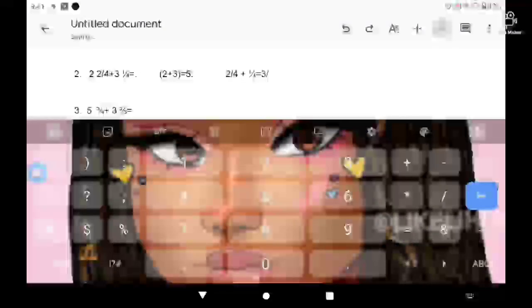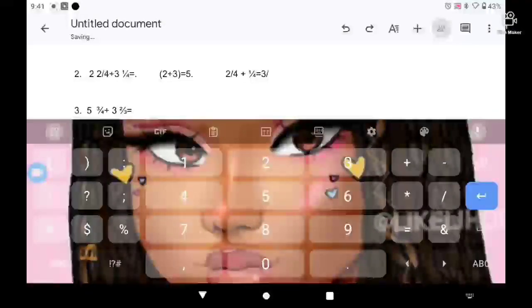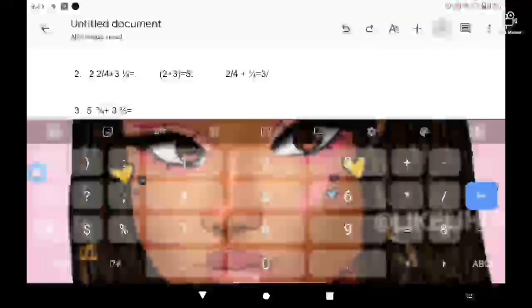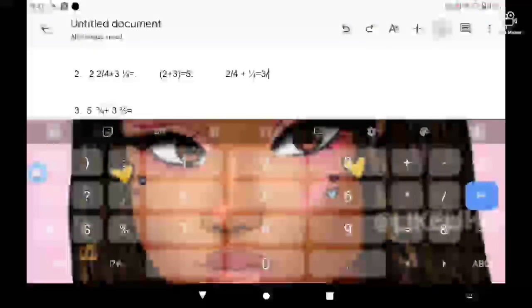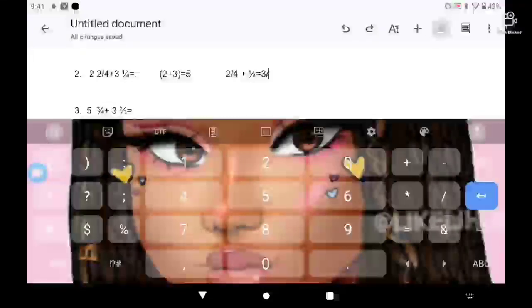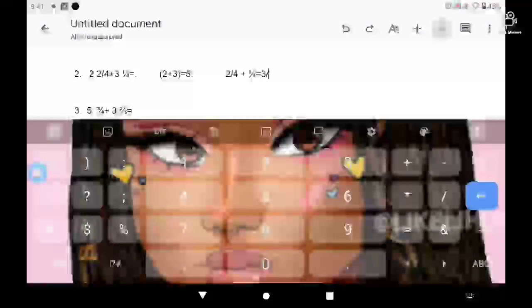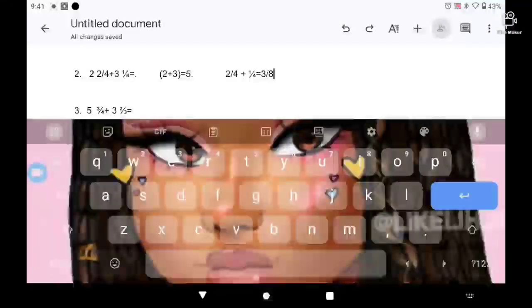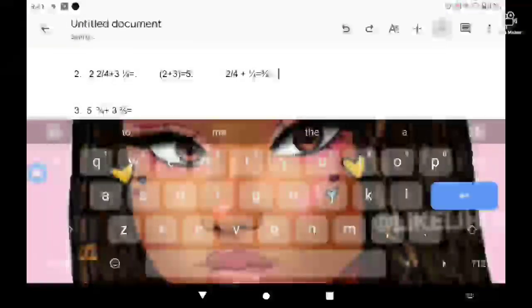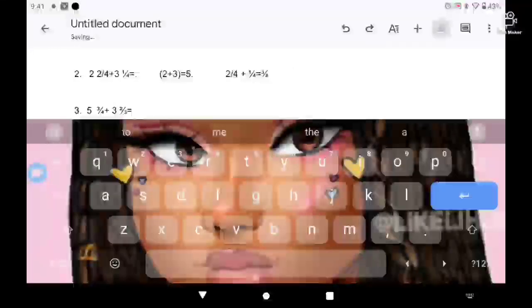The denominators are actually equal, so that would be 8. Our new fraction would be 5 3/8. So if you guys got